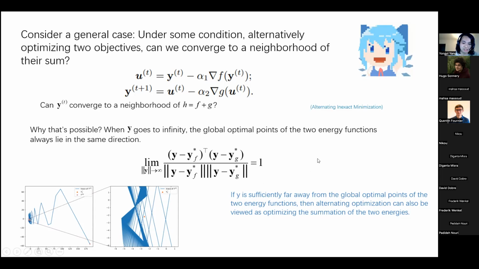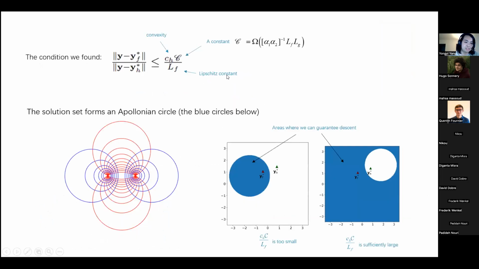So we want to show that if y is sufficiently far away from the global optimum points of the two energy functions, then alternatively optimizing the two different functions can be viewed as optimizing the h function. The question is how far away can y be? We want to give a condition that can guarantee the descent of h, and we derived this condition in the paper. It will depend on the convexity of h, the Lipschitz constant, and another constant